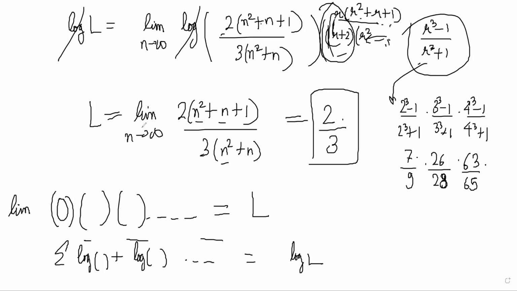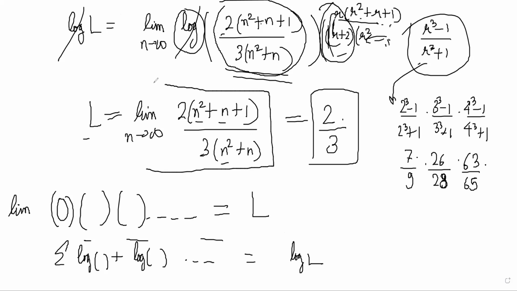So eventually we got this after simplifying, and then it is not infinity by infinity because there is only one log and this is only one term of that log. There is no denominator right now. So what I will do is, the log seems unnecessary at this stage, because clearly both sides there is a log. So we'll remove the log. It will be L is equal to this. And after that, it is straightforward. This is 2 by 3.